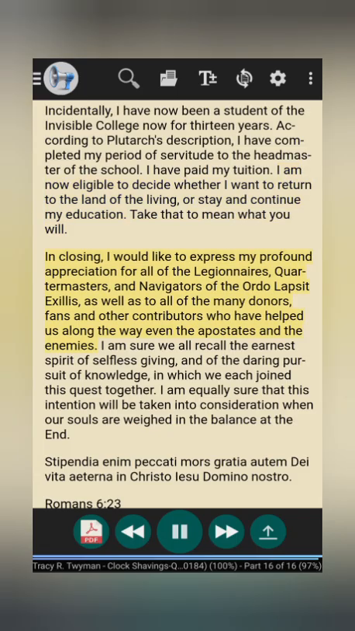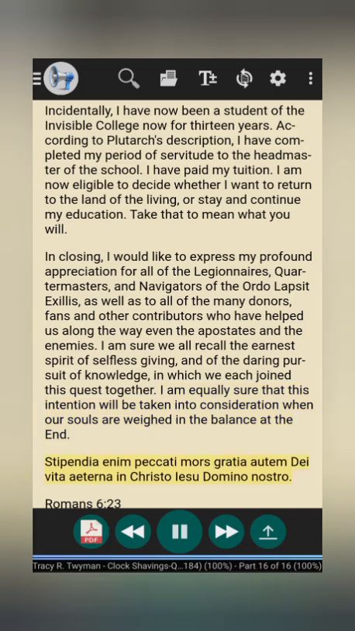In closing, I would like to express my profound appreciation for all of the legionnaires, quartermasters, and navigators of the Ordo Lapsat Exilis, as well as to all of the many donors, fans, and other contributors who have helped us along the way, even the apostates and the enemies. I am sure we all recall the earnest spirit of selfless giving and of the daring pursuit of knowledge in which we each joined this quest together. I am equally sure that this intention will be taken into consideration when our souls are weighed in the balance